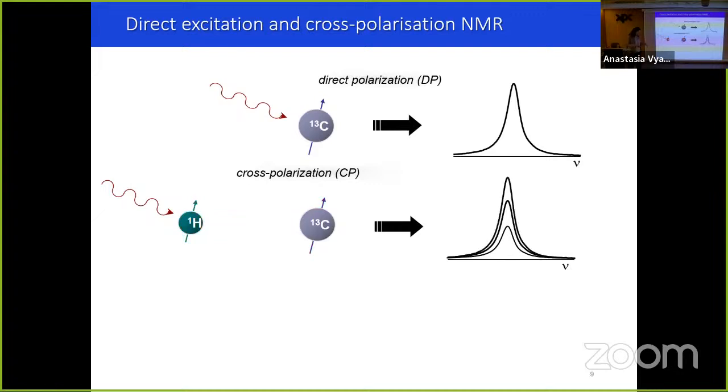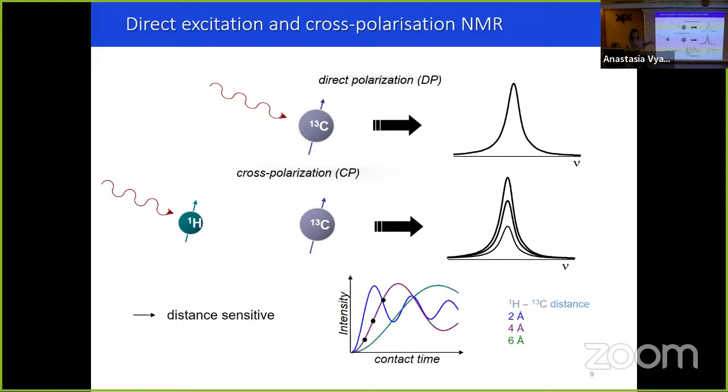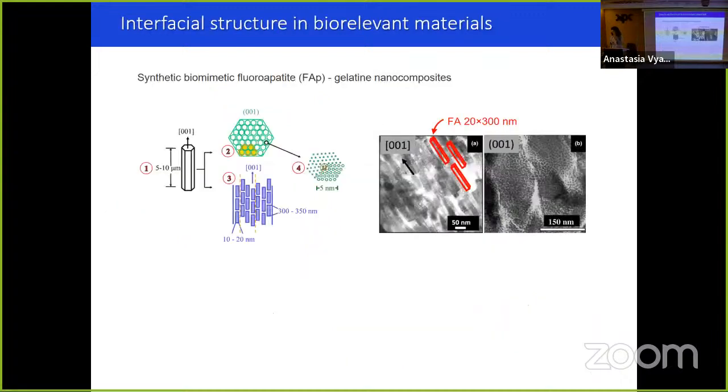So we can vary these magnetization transfer conditions, measure spectra of different intensity, and also estimate distances between these nuclear pairs. Especially interesting, the interface is located exactly between these two nuclei. So this approach allows us to investigate exactly the structure of the interface region. So now I'd like to present our study on a synthetic biomimetic nanocomposite synthesized by our colleagues from the Max Planck Institute